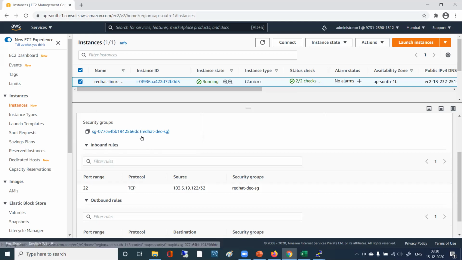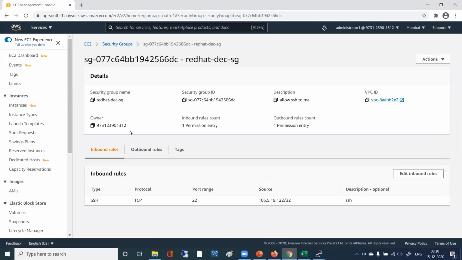Yeah. So if it is the correct one, then what do you do? You just click on that. Now you see what is the inbound rule? Its inbound rule type is SSH, protocol TCP, port 22. So some IP number is there. Allow me only that IP address. What is the IP address? Source. That is 106.208.107.180/32, ending in 180, right? Yes. Okay.